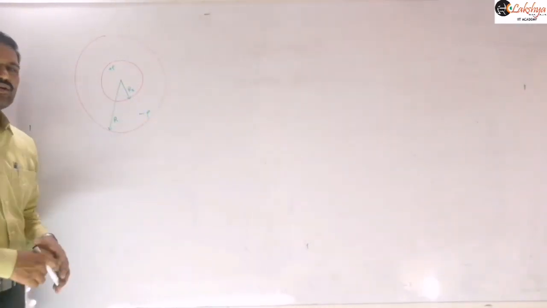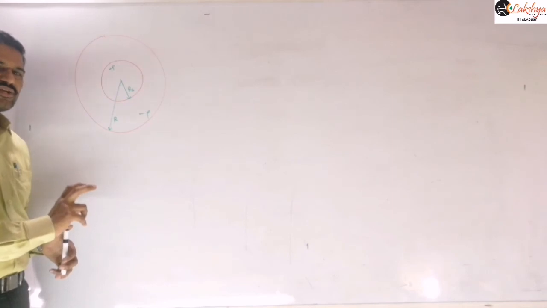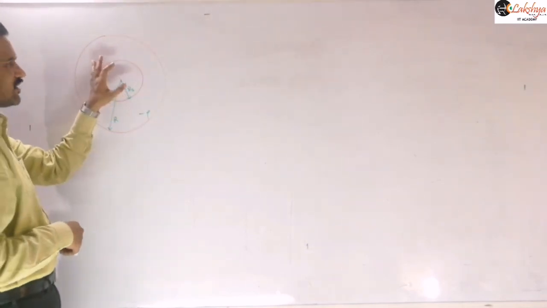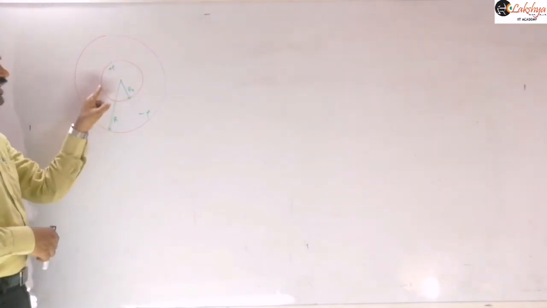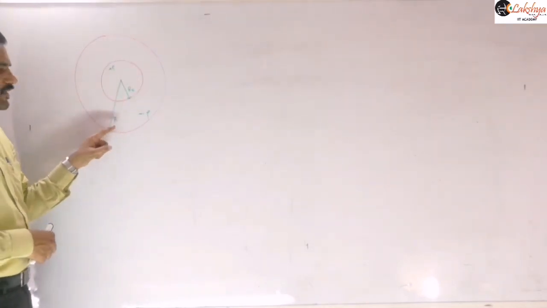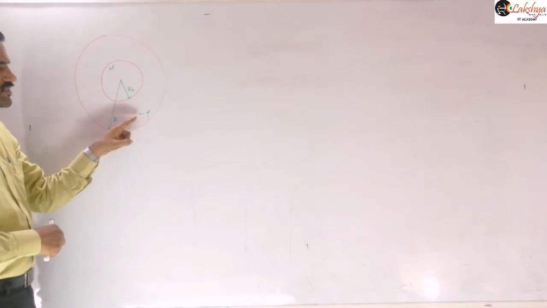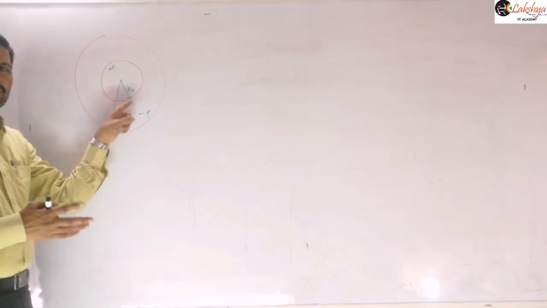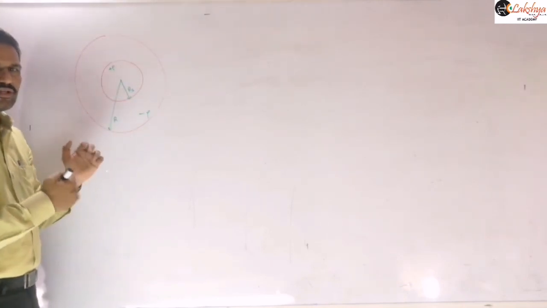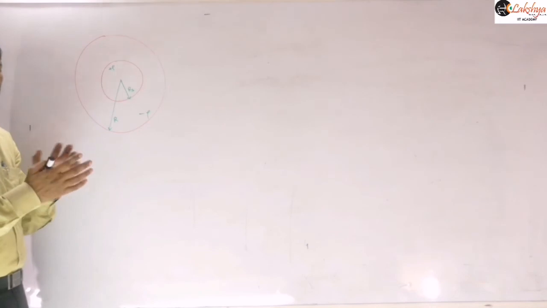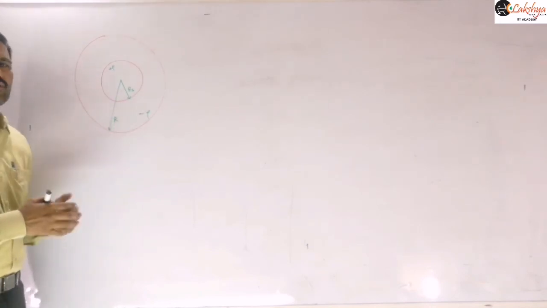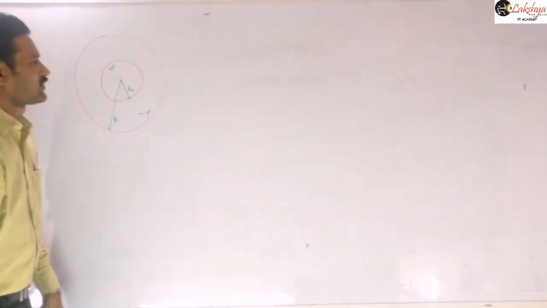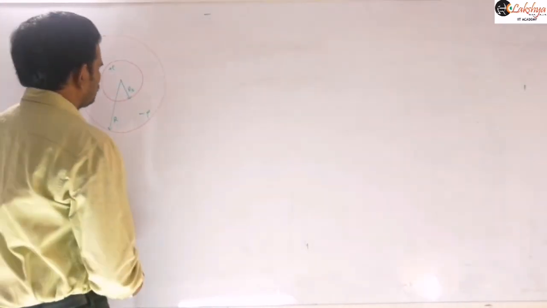The relation between R and Rs you need, and under that condition, after getting that relation, you can calculate the net charge. Net charge means rho into 4 by 3 pi Rs cube, plus that means here negative is there, so minus rho into 4 by 3 pi (r cube minus Rs cube) we need to write. As we derived, as we got this relation between r and rs, you can substitute that relation, then from that you can calculate this charge here, right? So do that calculation there, and I will give another problem here.